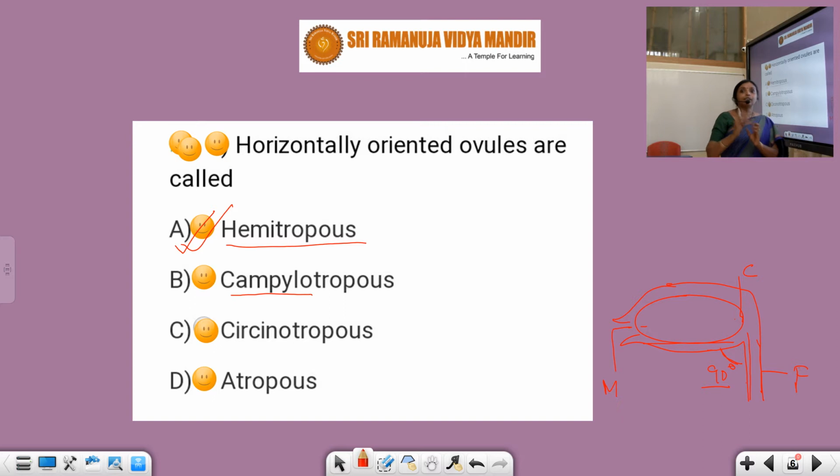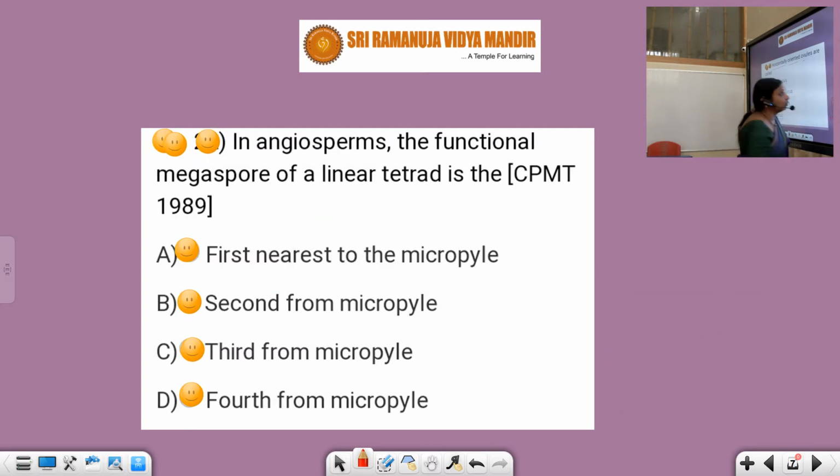So it is not completely horizontal type. And in Sarcino type of ovule, we have seen that it is very much coiled funiculus with atropous, that means it is straight. So only in Hemianatropous or Hemitropous ovule the horizontal oriented body is seen. I hope you understood. Now let's see the next one.